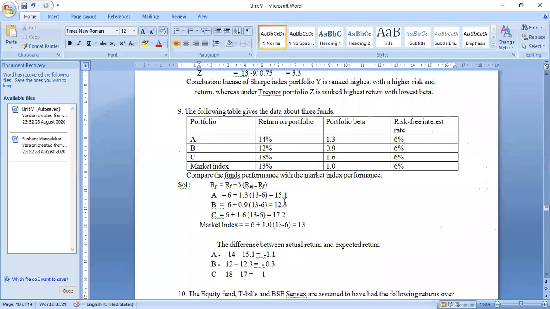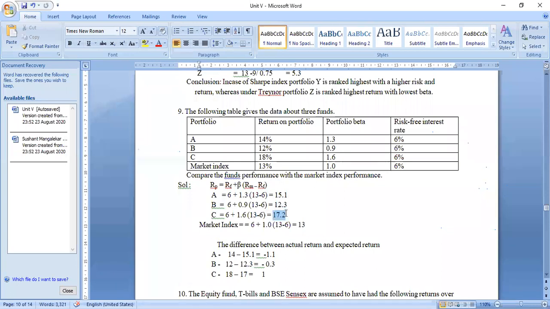So the performance is not matching that of the market index performance. So rather you can shift your securities to those areas which have a good market return, either 13 or more than that. But here it is less than 13 when you're comparing. But in the case of portfolio A, it is 15, which is actually doing well compared to the market return. So you can go for security A. Then in the case of security C, in comparison with 13, it is doing extremely well.